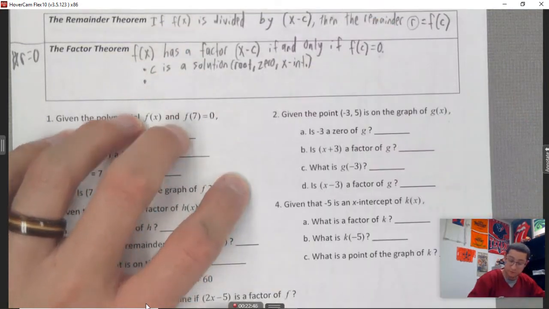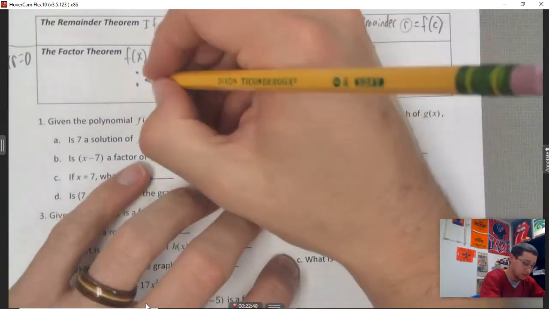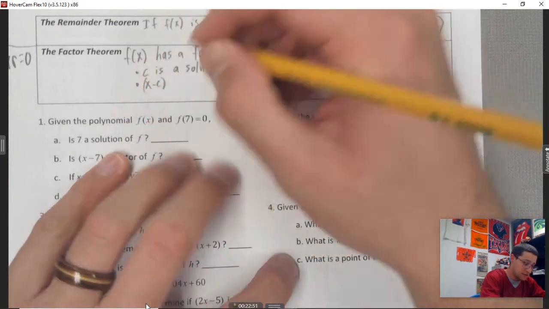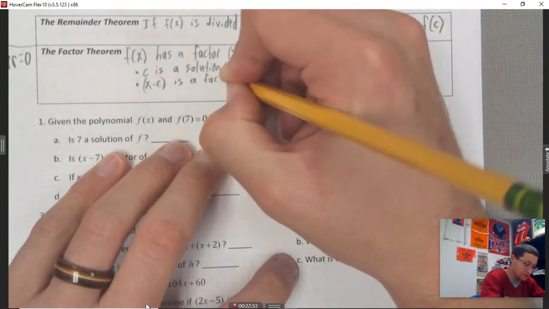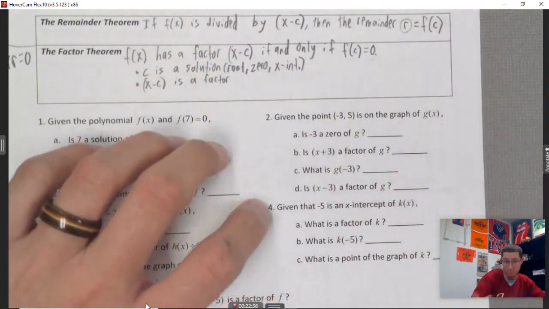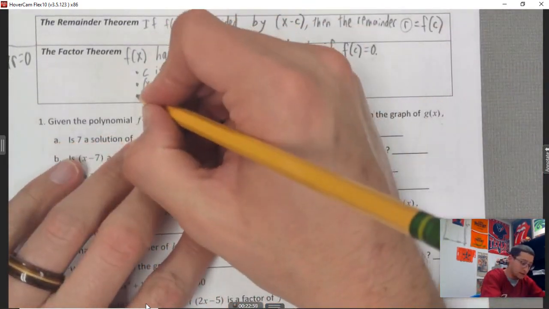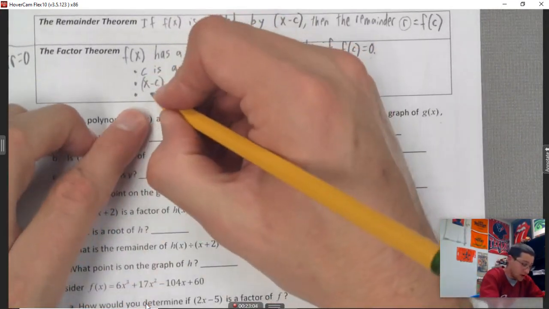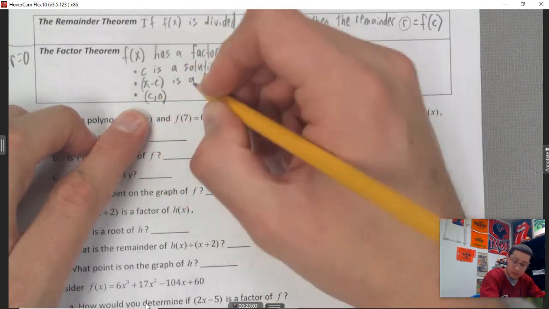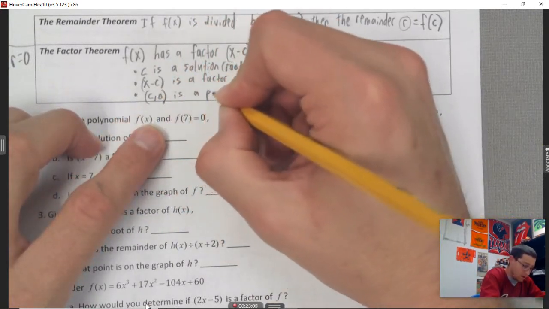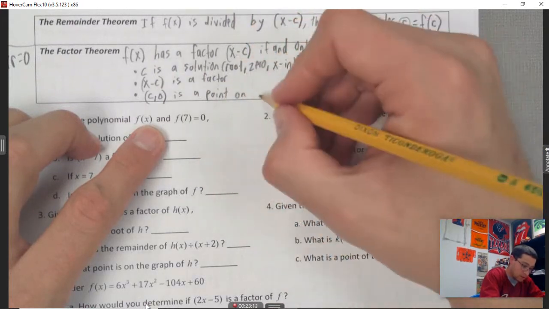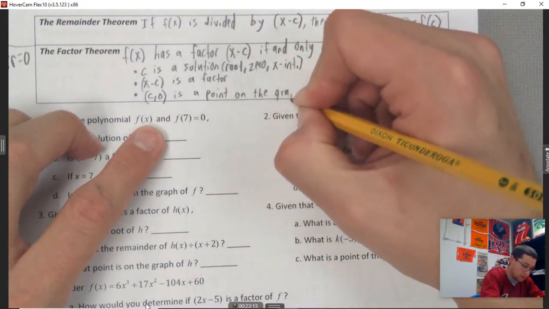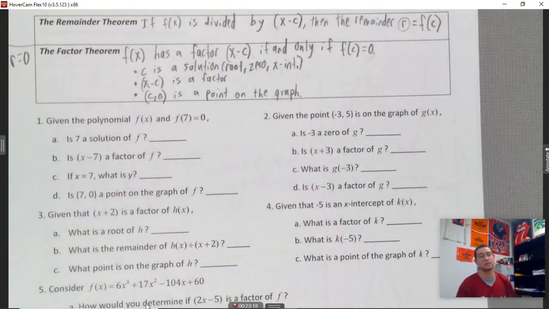Right, all those things. Another implication is x minus c is a factor. That is part of this. And then the last thing we can say, so it's basically three things. Three things come from the factor theorem. Another way to think about it is that (c, 0) is a point on the graph. So that (c, 0) is a point on that graph. So that's the factor theorem. All right,